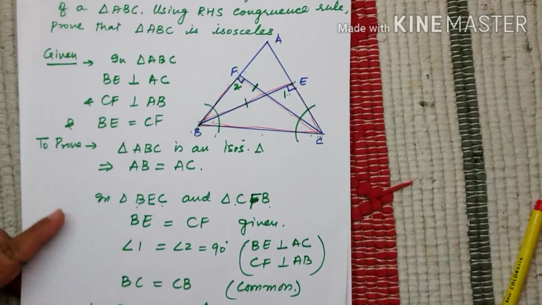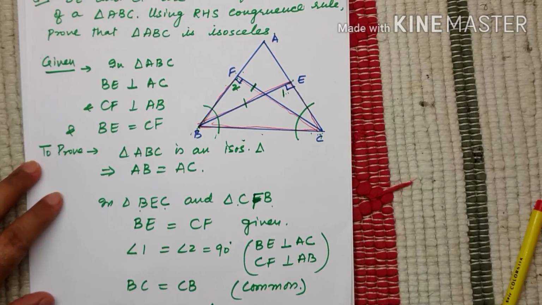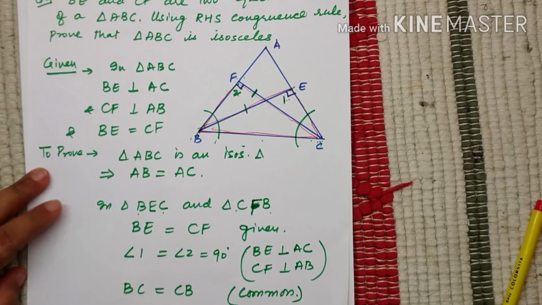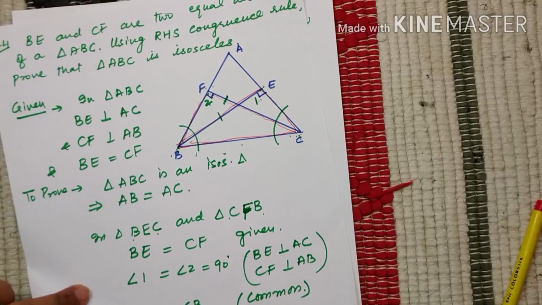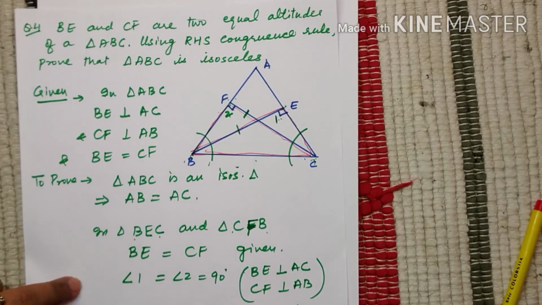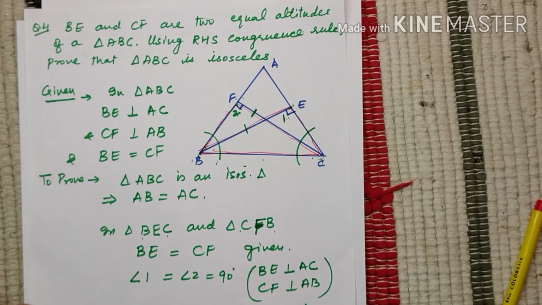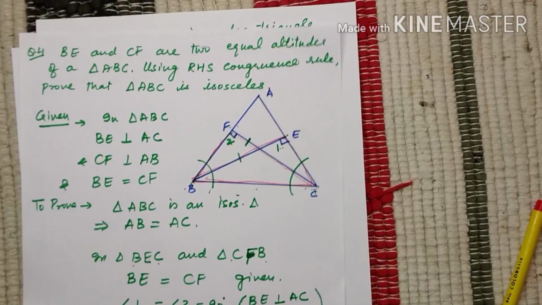Got it, children? So when the conditions are given, you need to prove it using this particular rule only. So you need to apply that particular rule. So you need to be watchful and you need to do thoughtful reading of the question, because we have seen the same question in the previous exercises also of the same chapter. In exercise 7.2, we have done 2 similar questions like this.